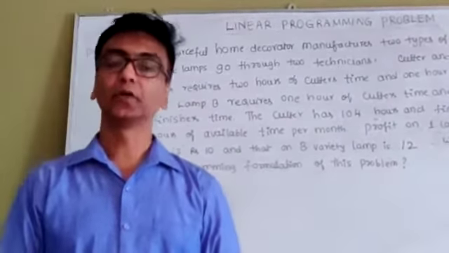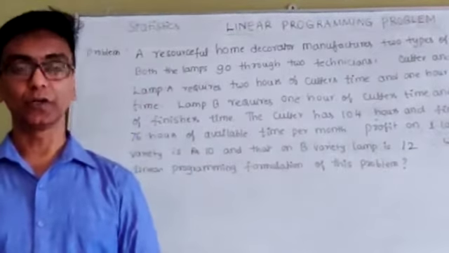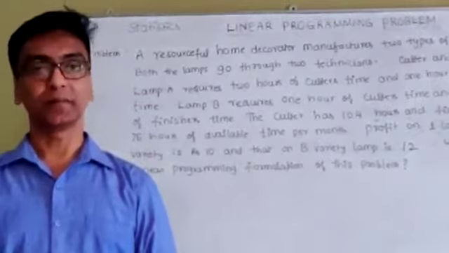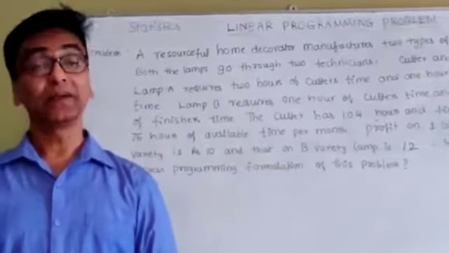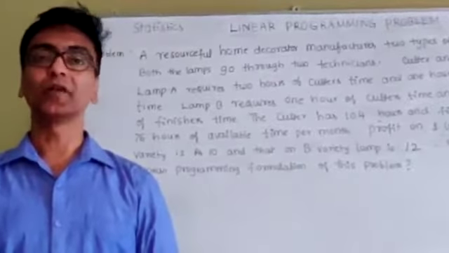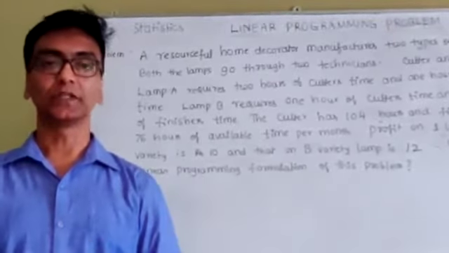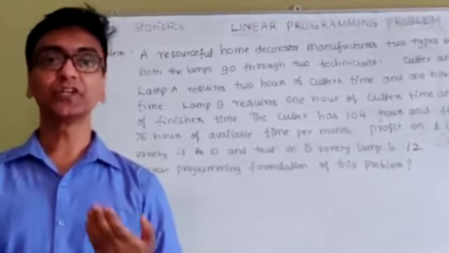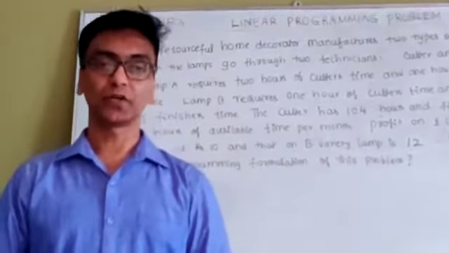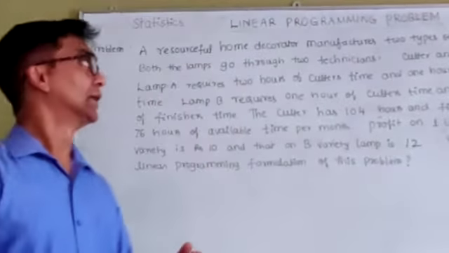And the second step, you need to identify the objective function which is to be optimized, that is maximized or minimized, along with the inequality constraints. And the third one, identification of the non-negative restriction. If you follow these 3, then formulation of LPP will be easier. Now, I'll explain the formulation of LPP with an example.